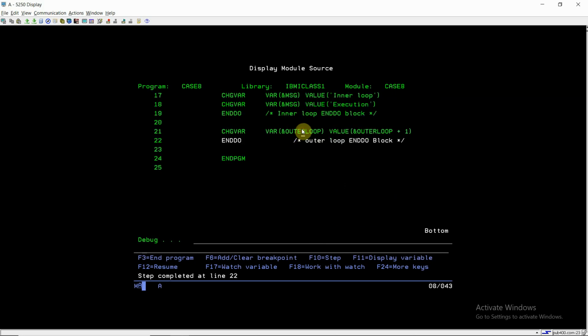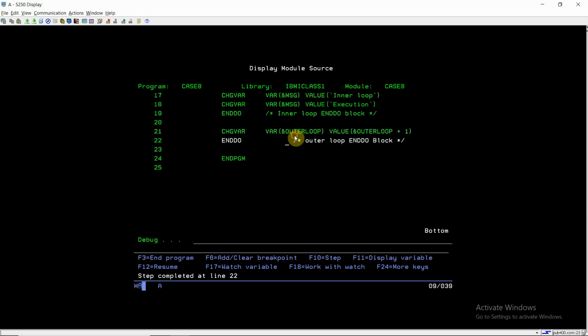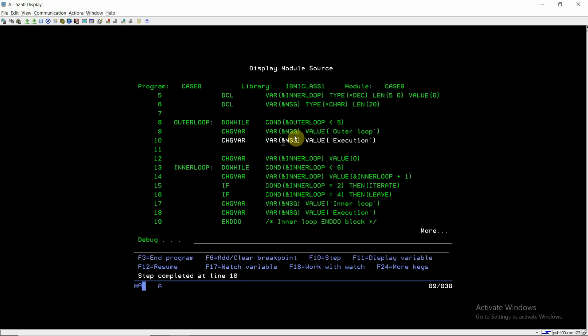Now the third will execute, and for the fourth one it will leave the loop. Now the outer loop becomes 3, and it will go for the same execution again. At inner loop 2 the process iterates, that is, it skips the next commands' processing, the third will process and the fourth will leave the loop, and now outer loop becomes 4.